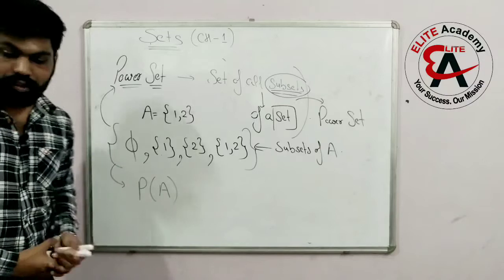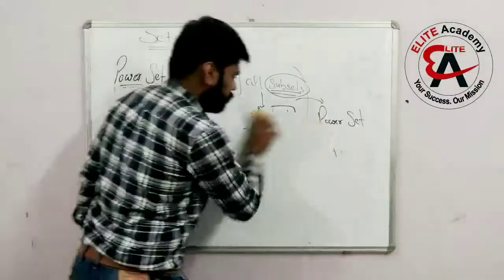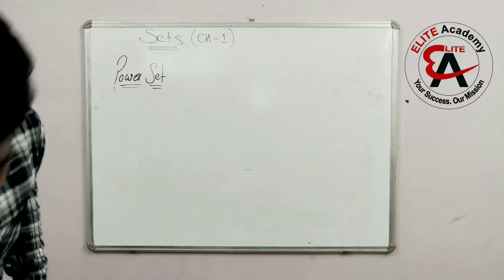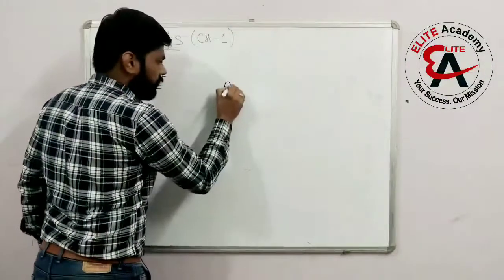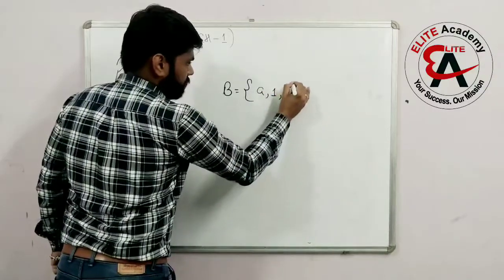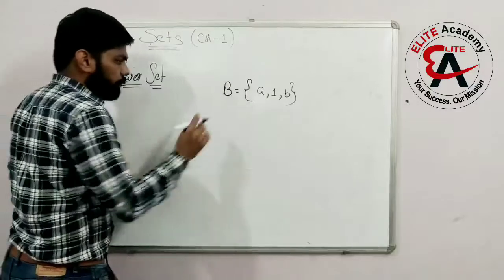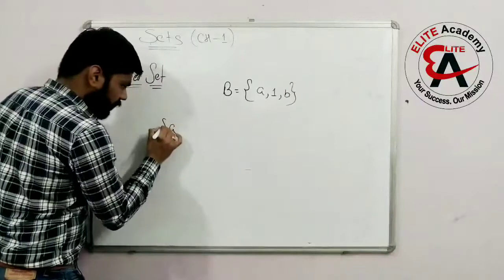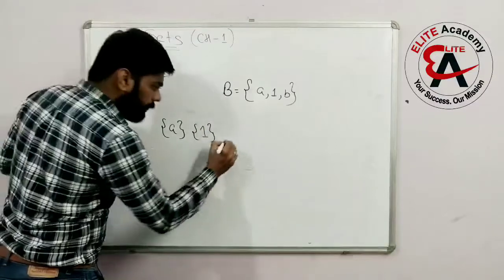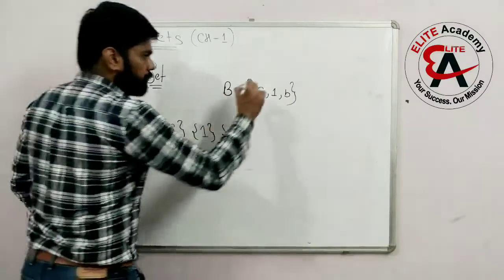Is that clear or not? Let us do one more example. I think the example will be understood even more clearly. Let's say I am having one set B which contains A, 1, B. Write down all the subsets here, come on, help me out. A only, it can be a subset. 1 only, it can be a subset. B only, it can be a subset. Next, pairwise, A and 1,